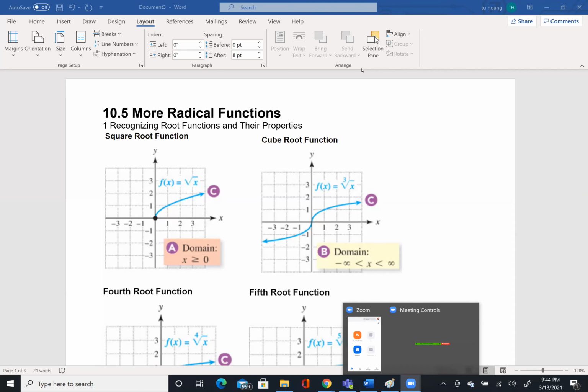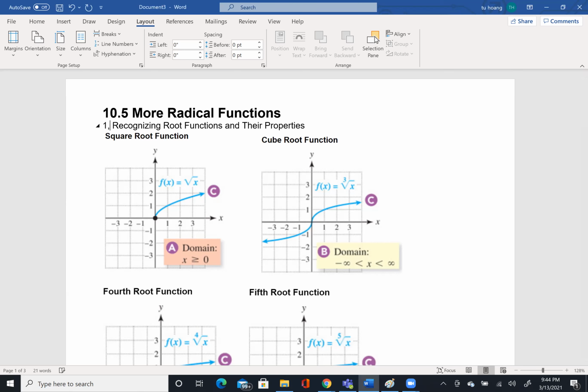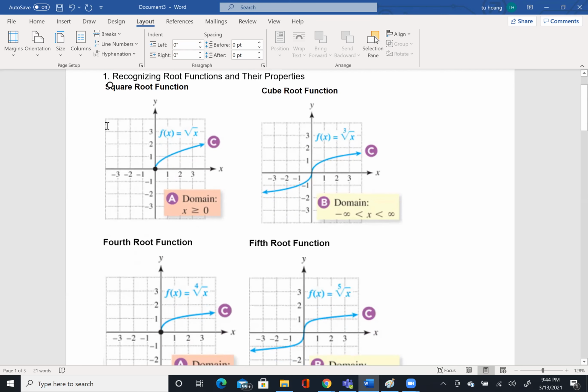Okay, so I come to section 10.5, more radical functions. So let's talk about recognizing root functions and their properties in here. In the first picture in here, you can see the square root function. Okay. So from the square root function, you can see that the domain of x is